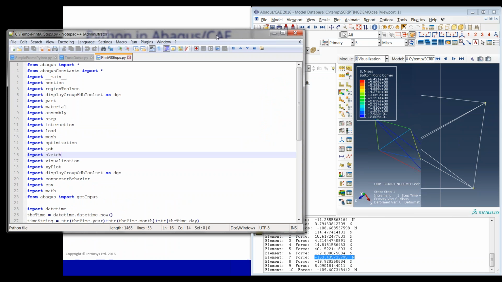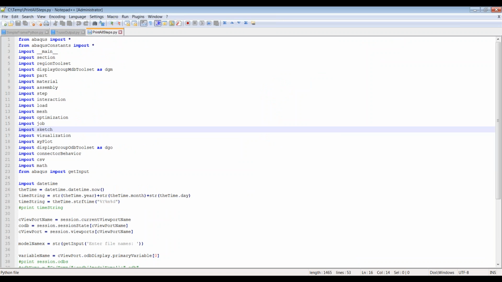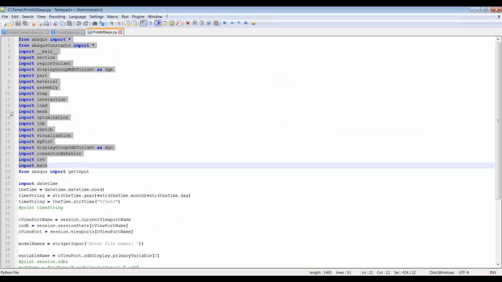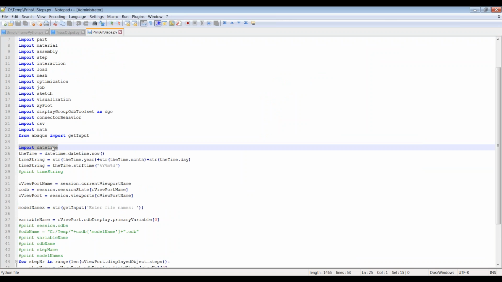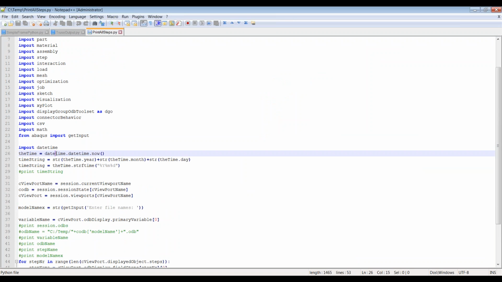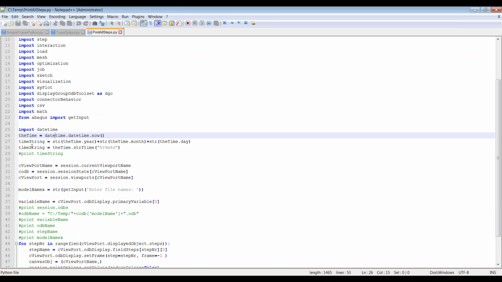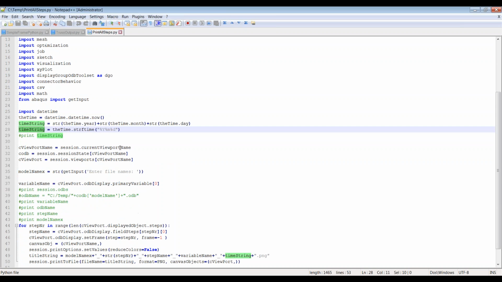In this script, I use some additional functionality. So I import all the Abaqus functionality, but additionally, I import the datetime from Python. Python has a lot of inbuilt libraries. I'm going to import datetime, which lets me create timestamps for my files. So I will generate this time string as a year, month, and day